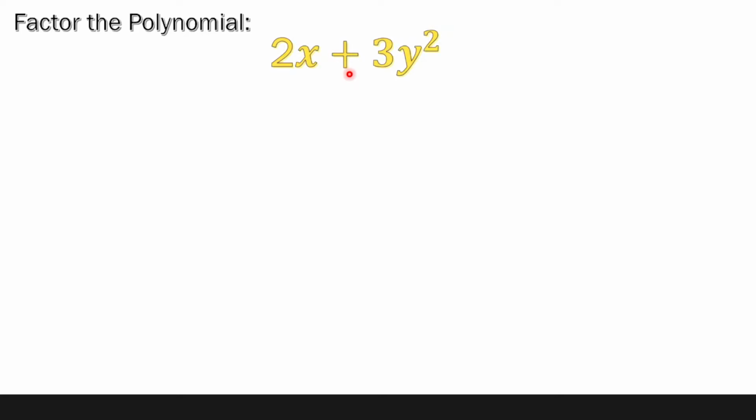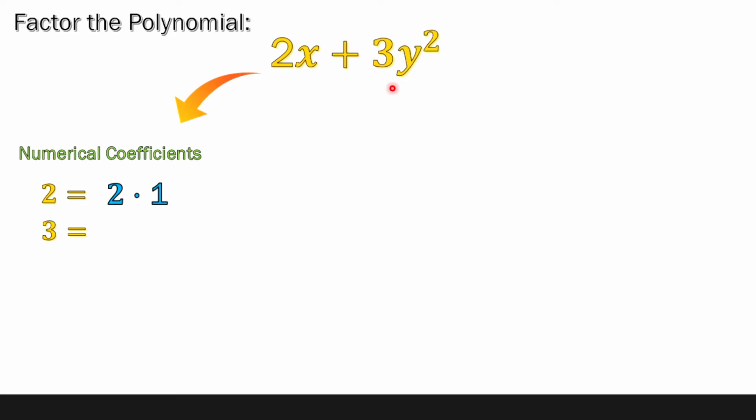So, example tayo. Factor the polynomial 2x plus 3y squared. In this case, paghihiwalay naman natin, numerical coefficient lang. So, si 2 at si 3, meron siyang 2 times 1. Si 3 naman, meron 3 times 1. Okay? So, ang GCF nila, pareho sa kanila ay 1. GCF ay 1. So, tinatawag yan, di ba, na relatively prime. But in this case,